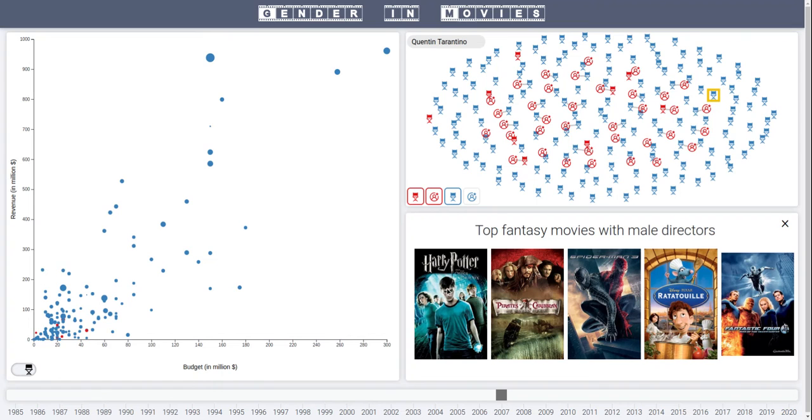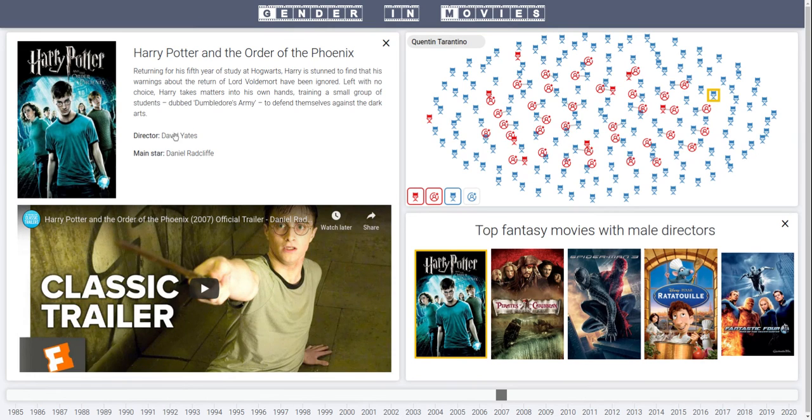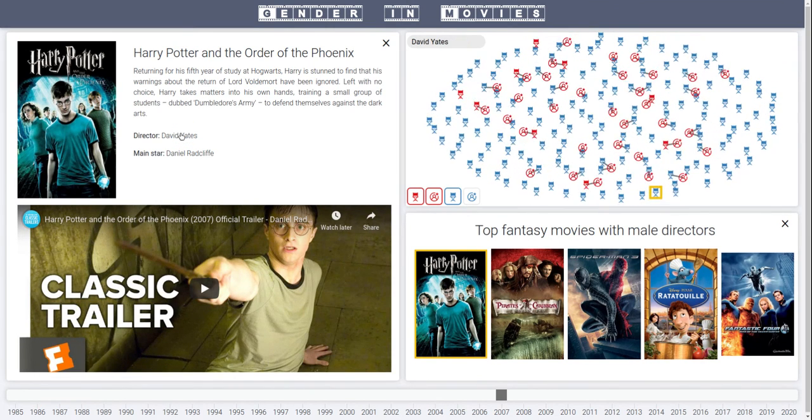that category. Clicking on a poster will highlight the movie on the left plot, and double-clicking will open the detailed view for that movie. Finally, clicking on a person in this view will highlight it in the network to the